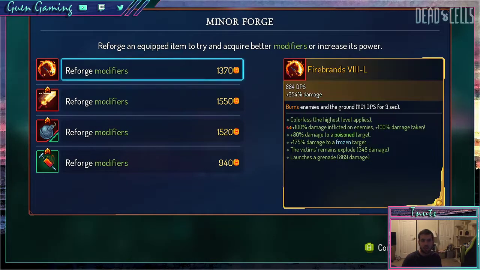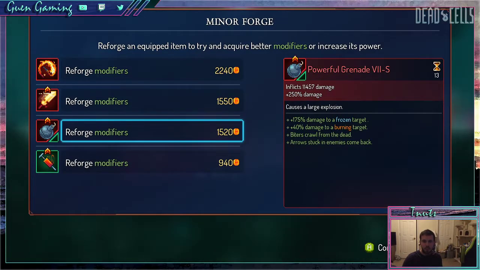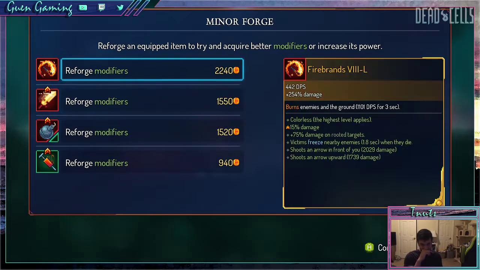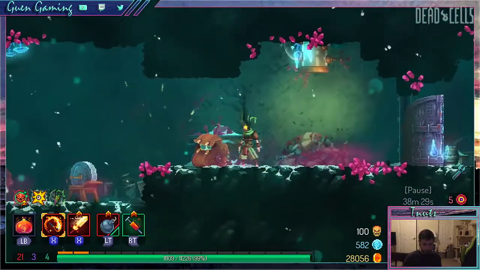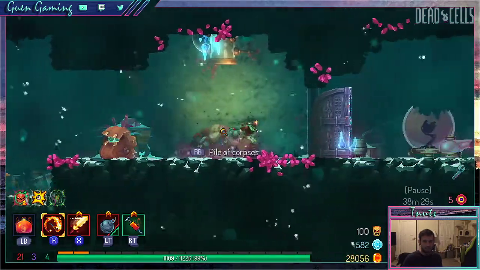Swift Sword is going to be doing most of the work, so let's take this, and it's just got straight up 15% damage and arrow in front. That's pretty good. No real synergies with anything else, but I'm not actually really running anything else. I guess the Tonic gives Toxic Cloud. I wonder if I should try to replace this powerful grenade. Maybe try to replace the tonic, but...